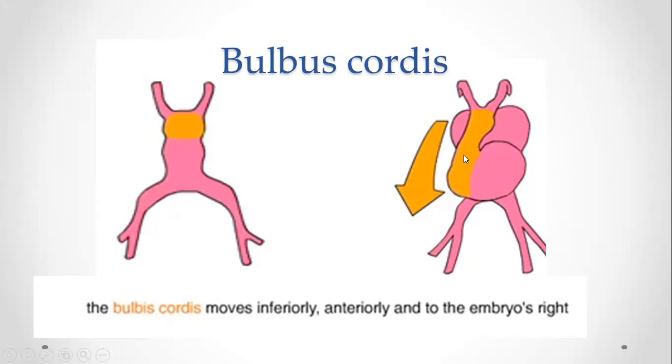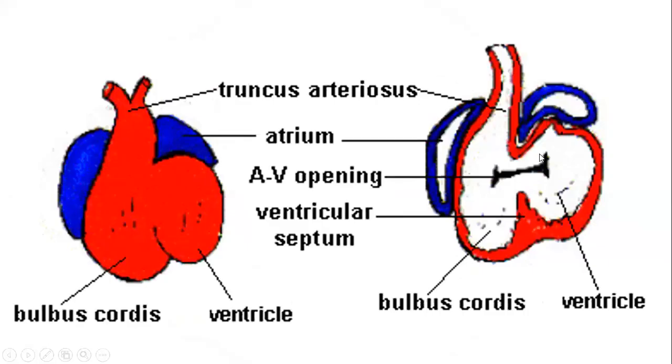Now here is the right ventricle, the primitive right ventricle. Here is the left ventricle, and the atria have gone behind. Now they have gone behind, the right and left atria. So now you can see the differentiation. Now this is developing into the primitive atrium.